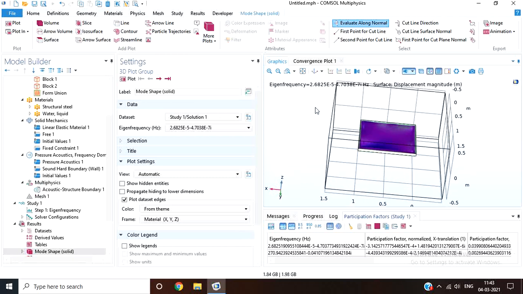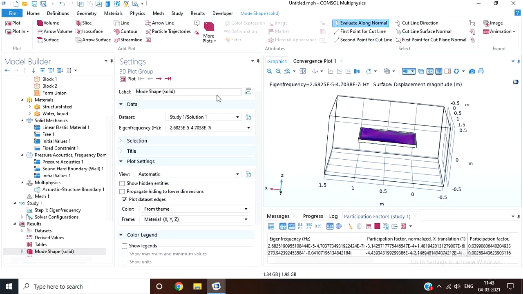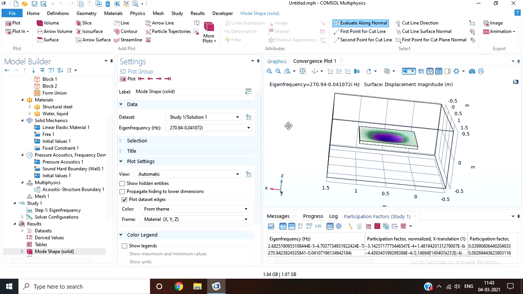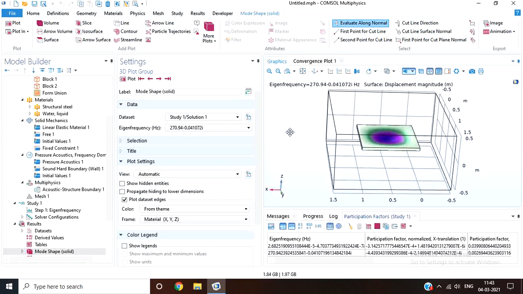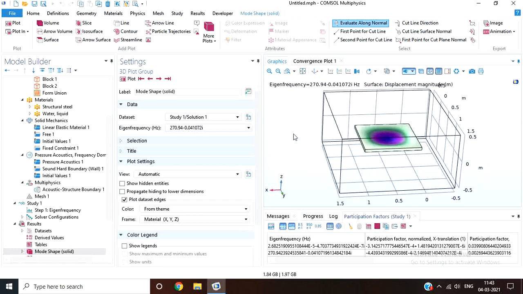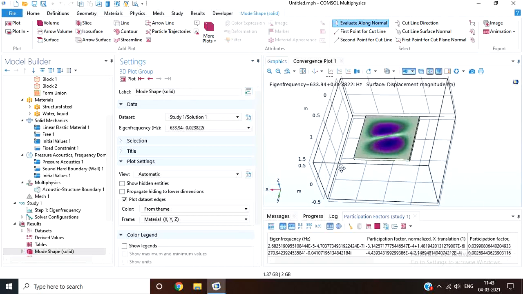So you can see first is the complex frequency, which we don't care about. Next you can see there is some imaginary component because of water. The damping is introduced. Still there are some modes.